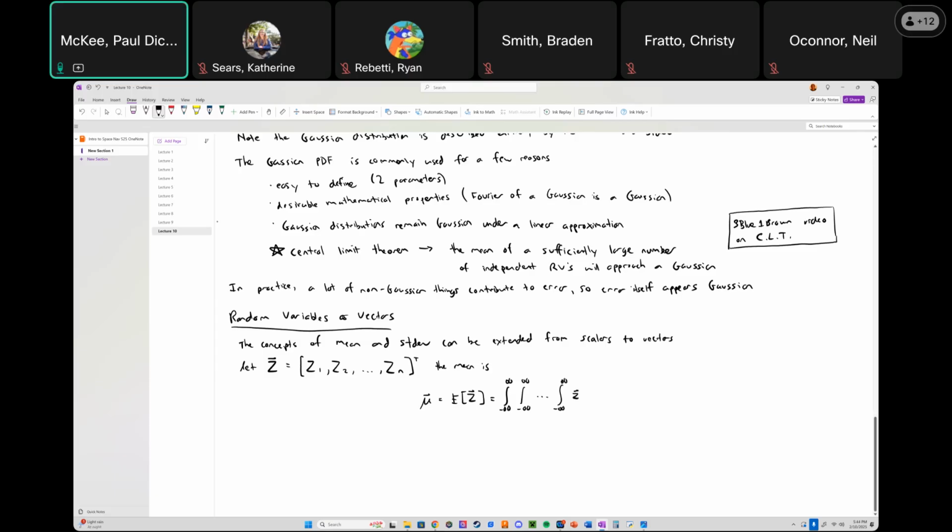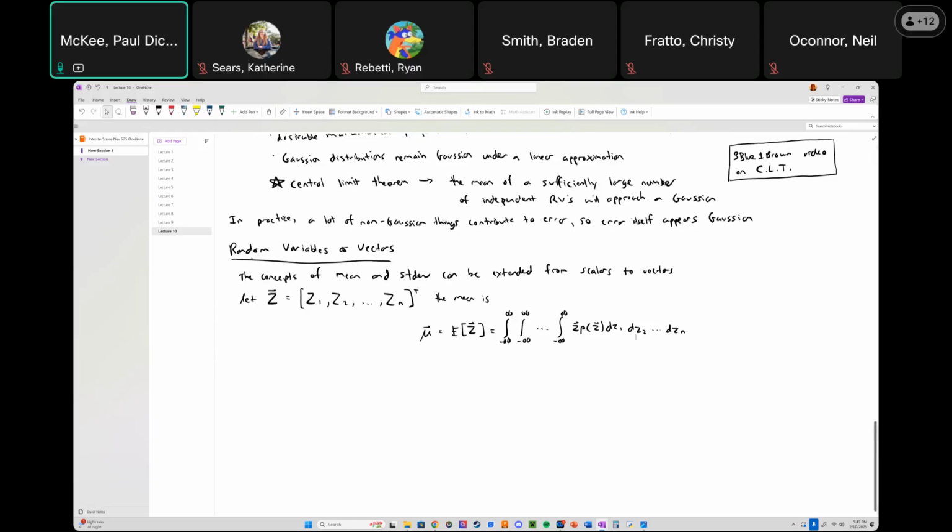Z as a vector, probability of z, dz1, dz2, all the way up to dzn. So imagine you've got two-dimensional integrals, three-dimensional integrals. This is going to be an nth dimensional integral. So you could go through and actually crank out this computation, but we will never do that in this class, so don't worry about that. You can just think of it as